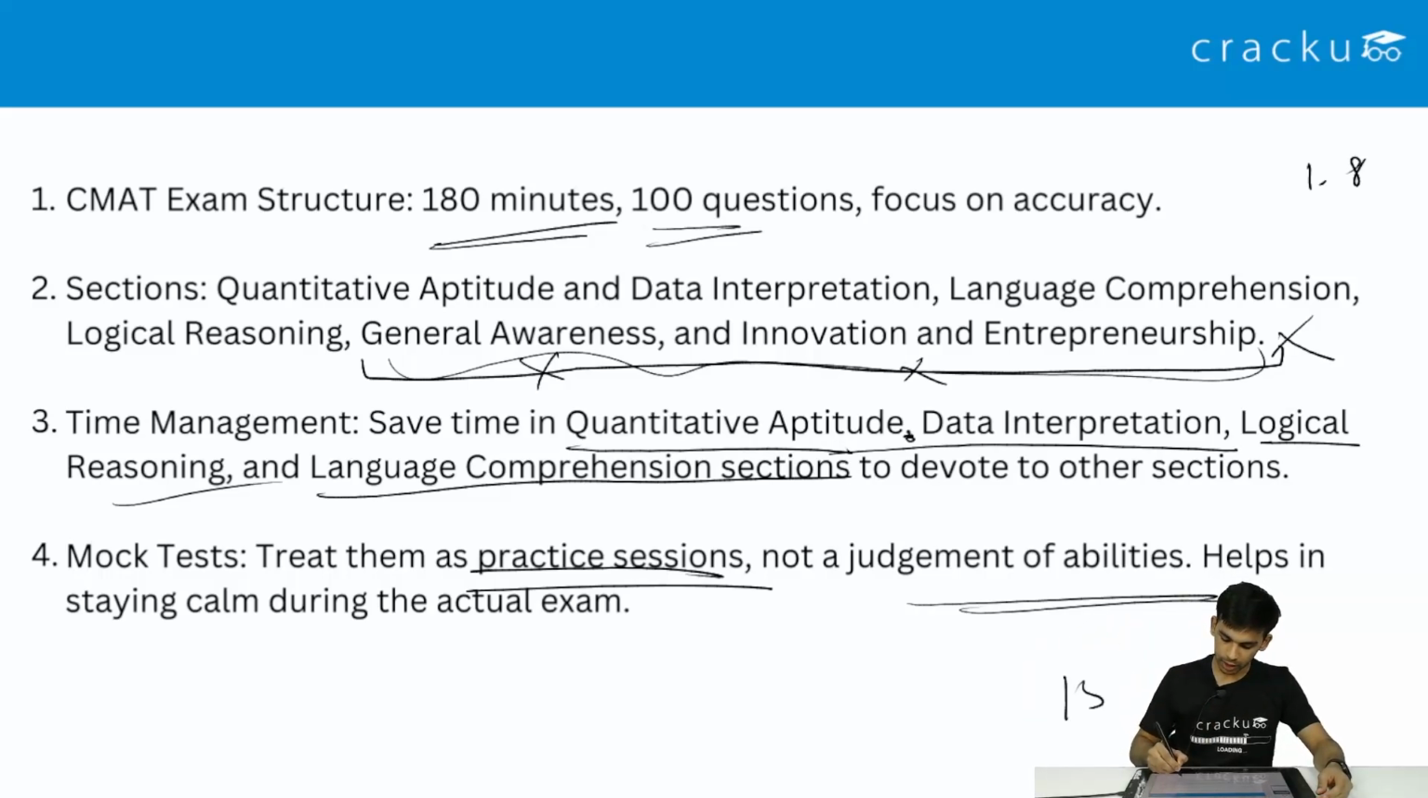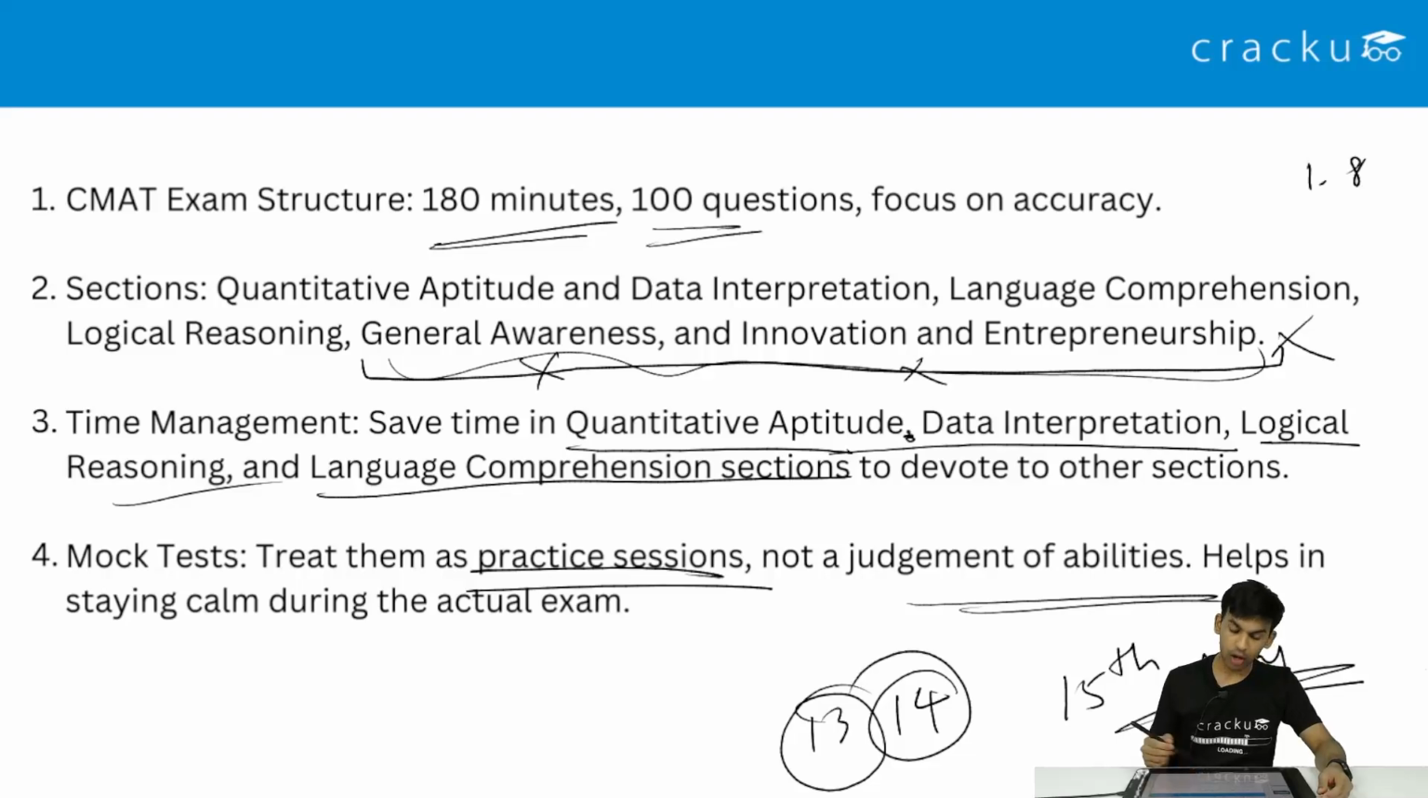So on 15th May you have the exam. We suggest you don't take the mocks on 13 and 14. If you're very confident, like your skills are very good and aptitude is perfect and you can score in every section, I'm not only talking about aptitude, QA. I'm talking about every section: GK, innovation and entrepreneurship, QA, language, logic, everything. Then you can take the mock on 14th and 13th, making sure that this will not